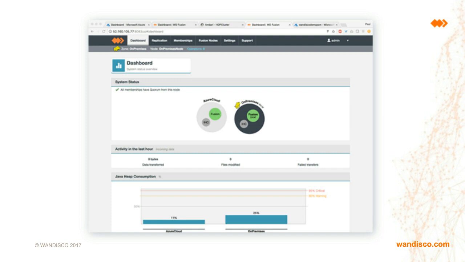Now, WANdisco Fusion isn't limited to doing this just between two environments. I could stand up a complex scenario encompassing multiple deployments of different regions in the Azure cloud, of different clusters in a variety of on-premise environments. The simple demonstration that I've given here just shows you the very simple scenario of the replication of data in